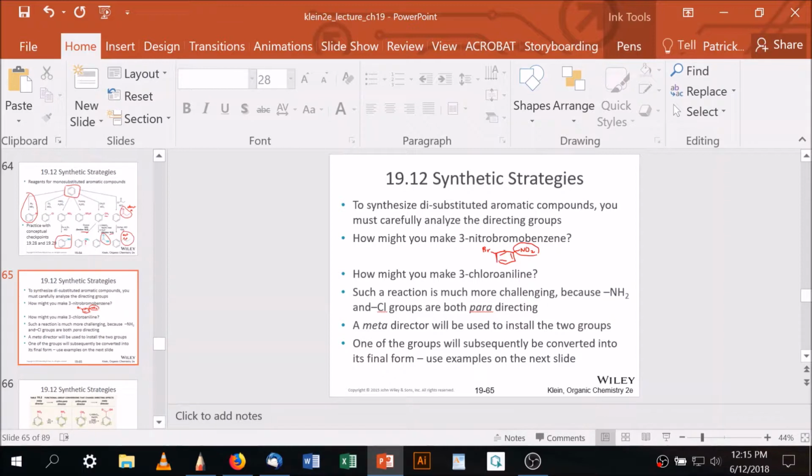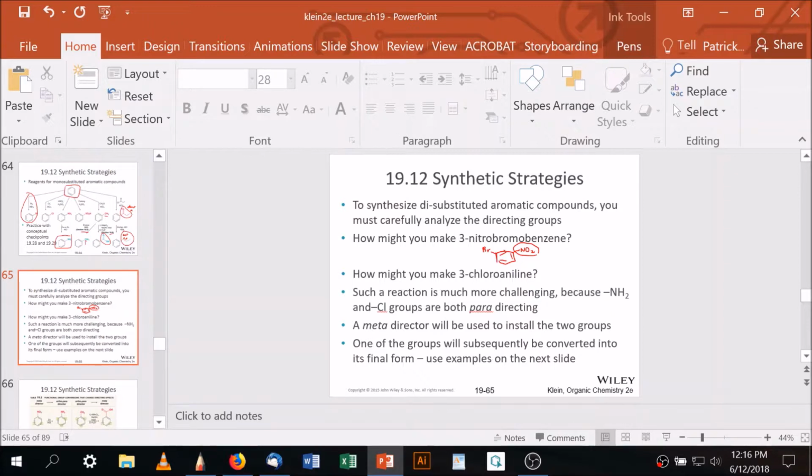So another question is, how might you make 3-chloroaniline? And I'm not going to go back to my whiteboard here and do that, but you might pause the video now and draw that out and say, what's the problems with this? While you're doing that, you will be reviewing the reactions. Please consider doing it. Okay, so this reaction that's described above is more challenging than the one described before because the amino group and the chloro group are both para-directing,